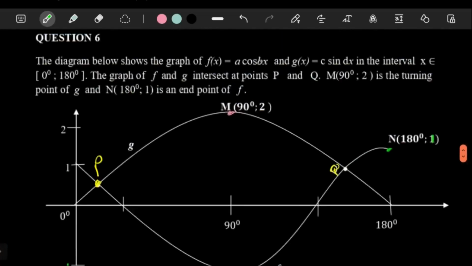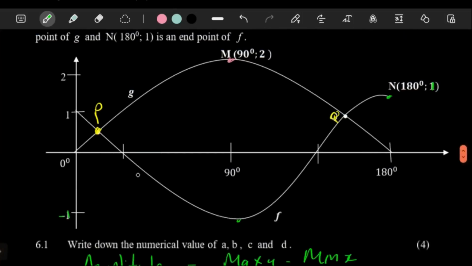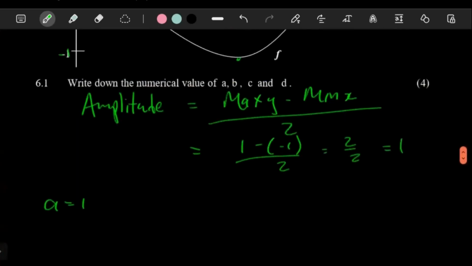B is the frequency of the cosine graph. Now, the frequency of the cosine graph basically tells us how many graphs you get in a space of 360. With your cosine graph, you can see that in a space of 180, you have half a graph. So another 180 degrees, you're going to have another graph. So meaning in a space of 360,